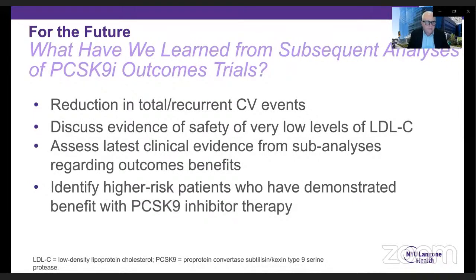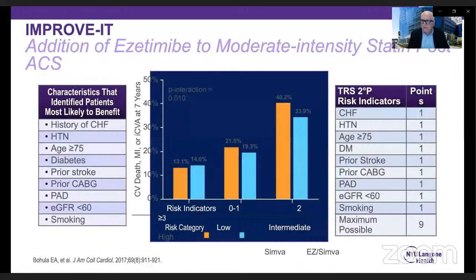So what have we learned from subsequent analyses of these PCSK9 inhibitor trials? A variety of different things, but I would tell you probably the key points are that the higher the risk of the patients in the trial, the greater they benefit. And so there's some great evidence from sub-analyses in these trials that I think is well worth sharing. There are some other interesting things here that are not really pertinent to what I've been asked to talk about today. So given the time constraints of this session, I'm going to pass them over,